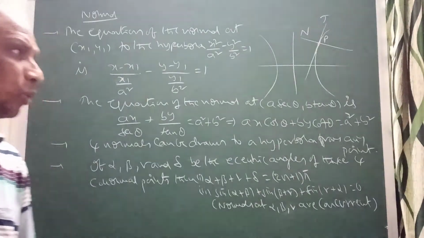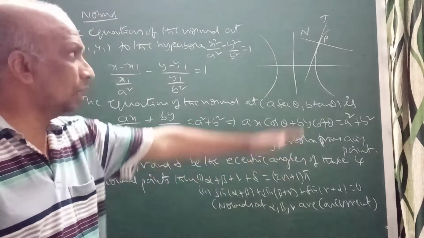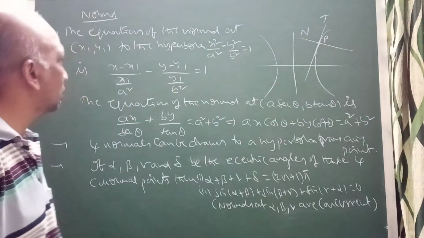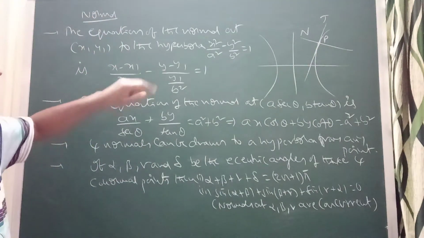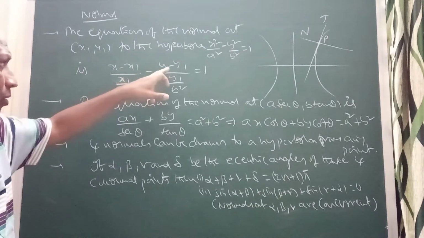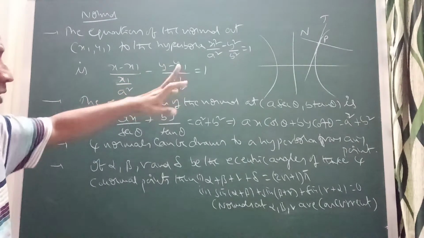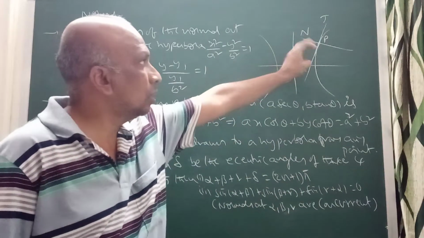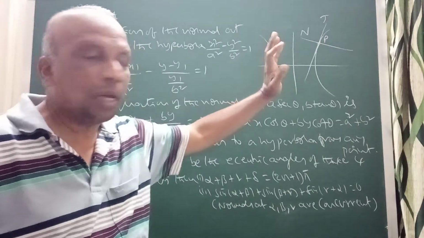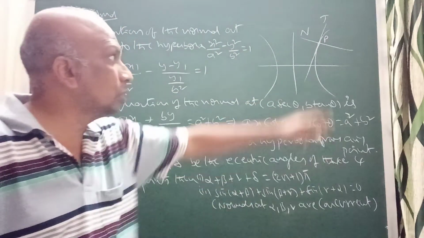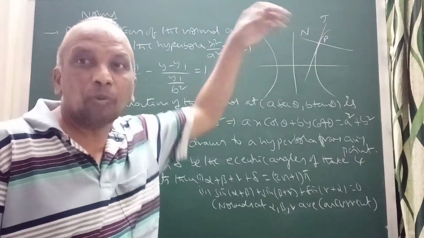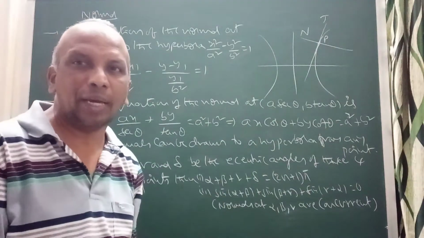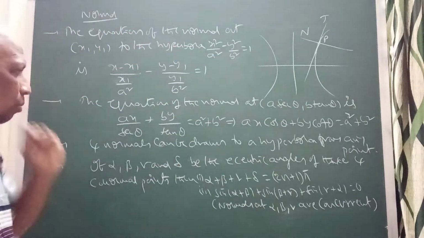You can say this is related to the normal. We know a normal is a line which is perpendicular to the tangent and passes through the point of contact. The normal equation at the point x1 y1 is a square x by x1 plus b square y by y1 equal to a square plus b square. If you remember, you can use it directly. Otherwise, use the application of derivatives: differentiate the hyperbola equation, use the point of contact to find the slope of the tangent. The slope of the normal gives y minus y1 equal to minus 1 by m into (x minus x1), where m is the slope of the tangent. Use that to find the equation of the normal.